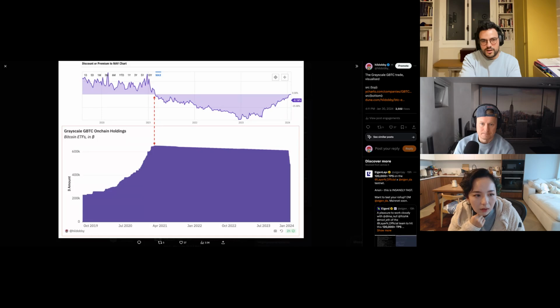Is that clear? What is a premium and what is NAV? Super interesting. There's a premium on the price of the ETF relative to the price of Bitcoin. If it's positive, you want to hold GBTC, because it's now more valuable than the amount of Bitcoin it's tied to. But once it's the opposite, no one could